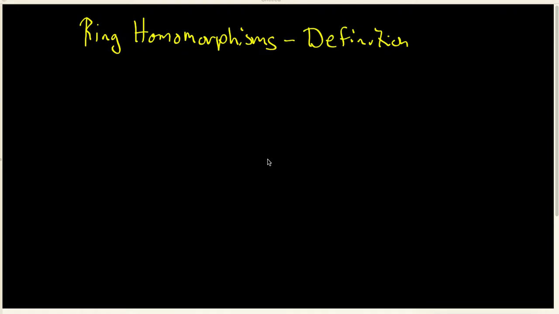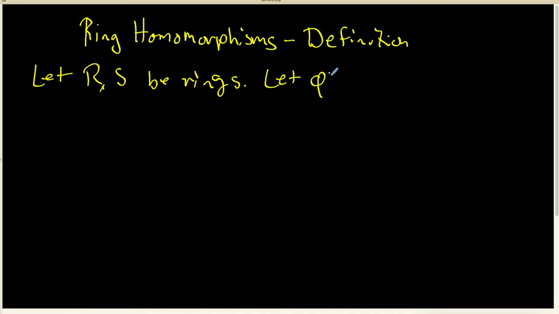In this video, we're going to look at the definition of what a ring homomorphism is. So we're going to start with the idea of letting R and S be two rings. They may be rings with identity, they may be rings without identity, they may be commutative, they may not be commutative. We don't know anything at all about these rings. We are going to start off with a function that is going to go from R to S, and we're